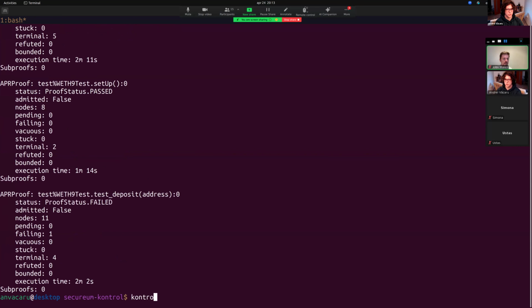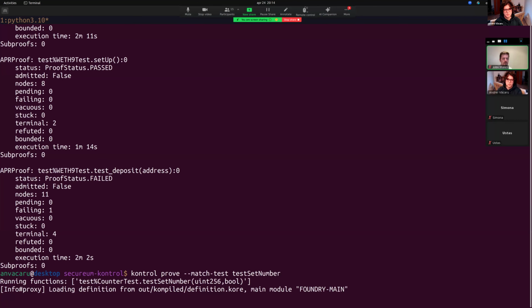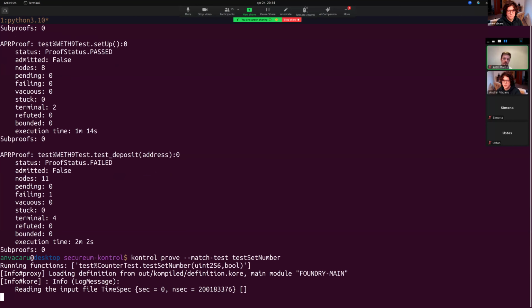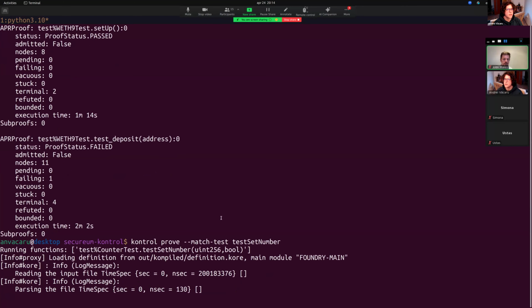So just to show how the process would go, I could do kontrol prove --match-test, and you can either put the full name of the function, or you can do partial matching. Here I'll just do partial matching. So I think I can do this test set number. And now it will take some time to spin up the internal servers and everything that's needed, but it should take perhaps 30 seconds or less. And the idea is that while this is running,